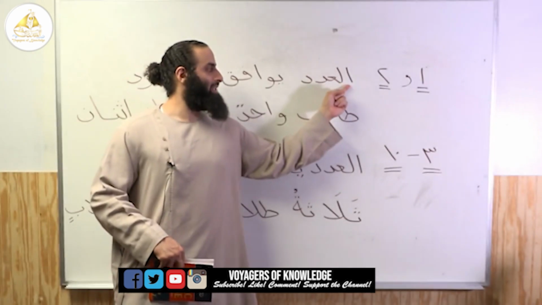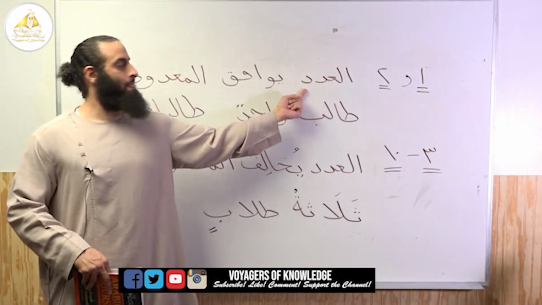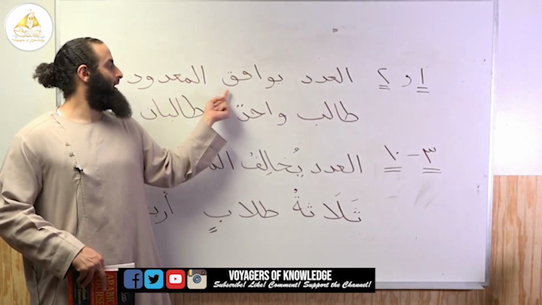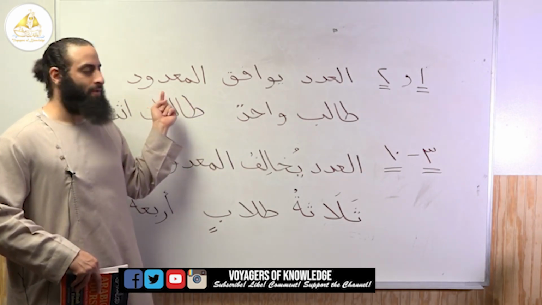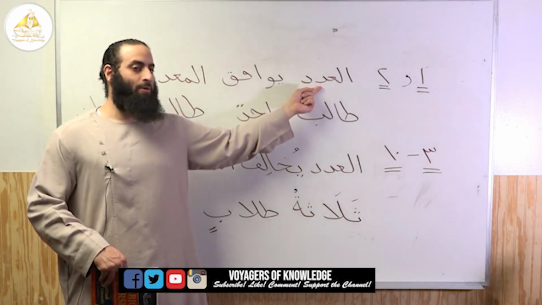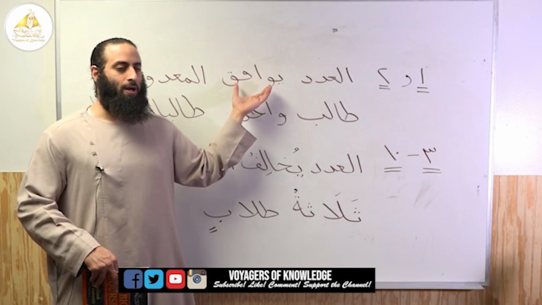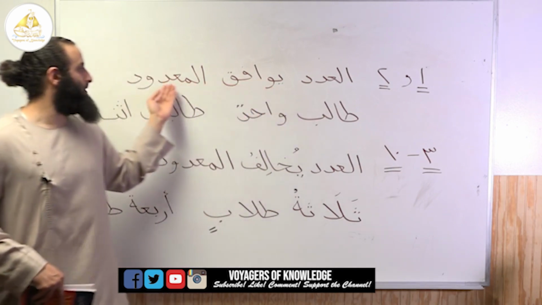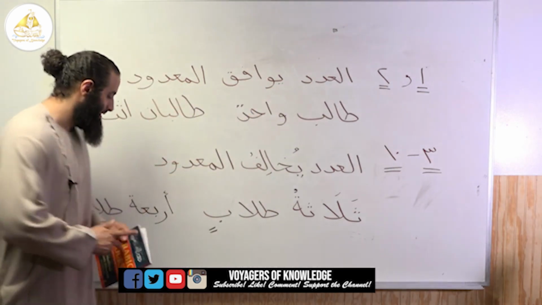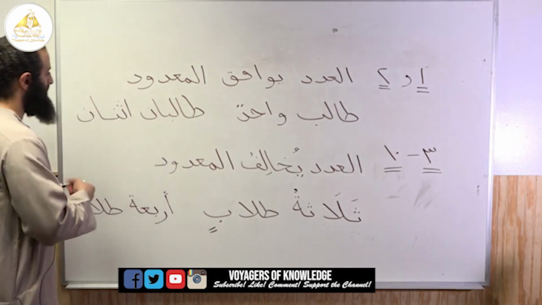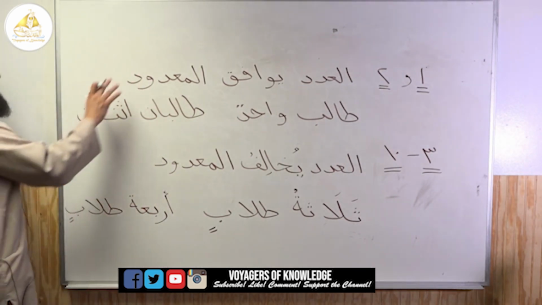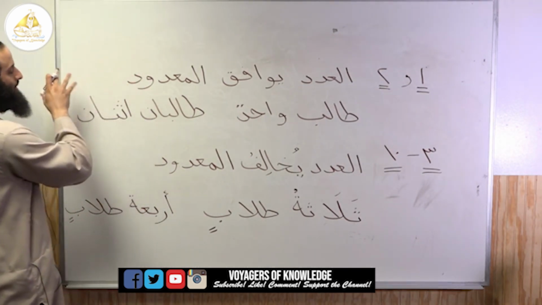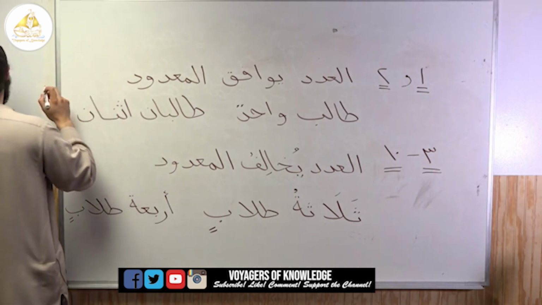And that's why we have written at the top, al-adadu yuwafiqu al-ma'dud, right? It means that the number will agree with the ma'dud. In what sense? In not just quantity alone, but what I want to mostly specify or point out is what